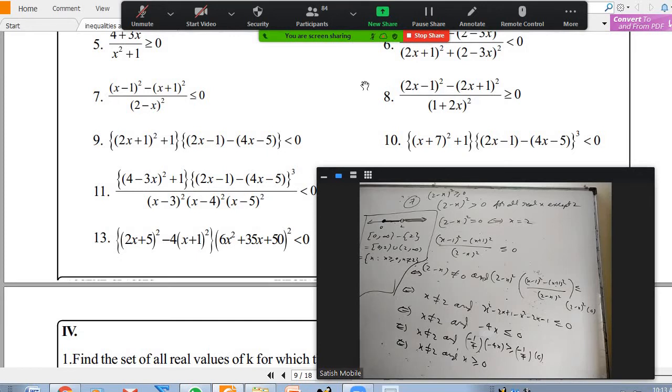All right, 7. Everybody completed? Sir, once again, can you explain after the number line, sir? Oh, after the number line. Okay, fine. Basically, what we got is x greater than or equal to 0.